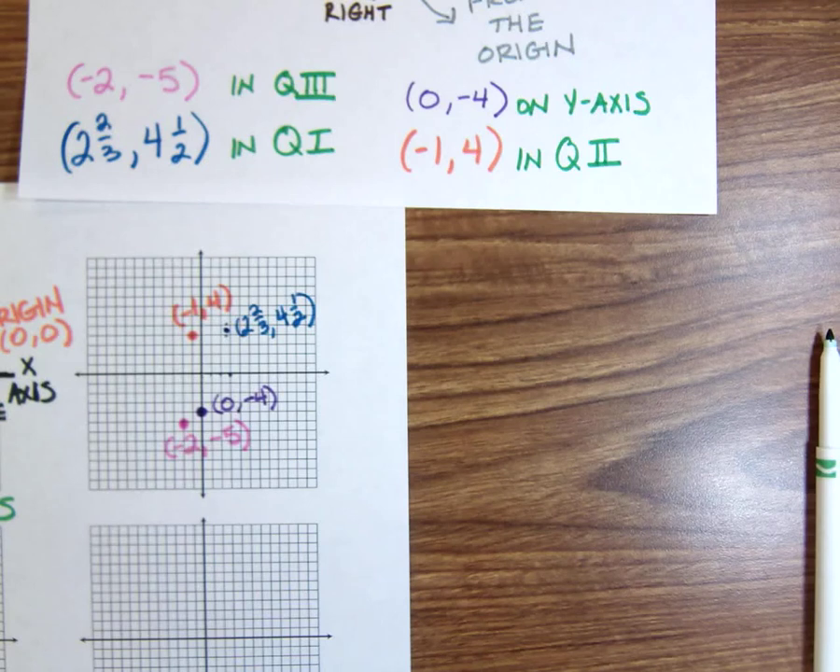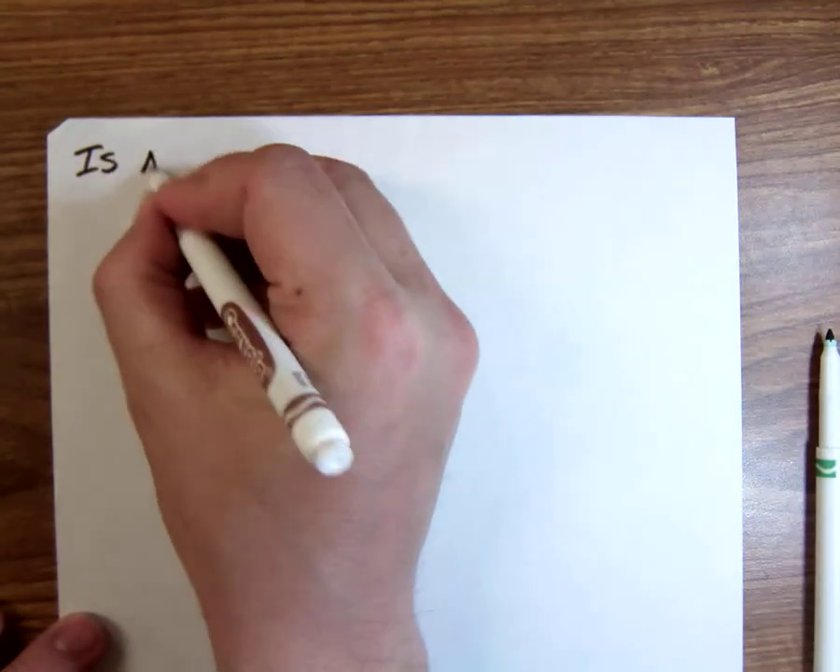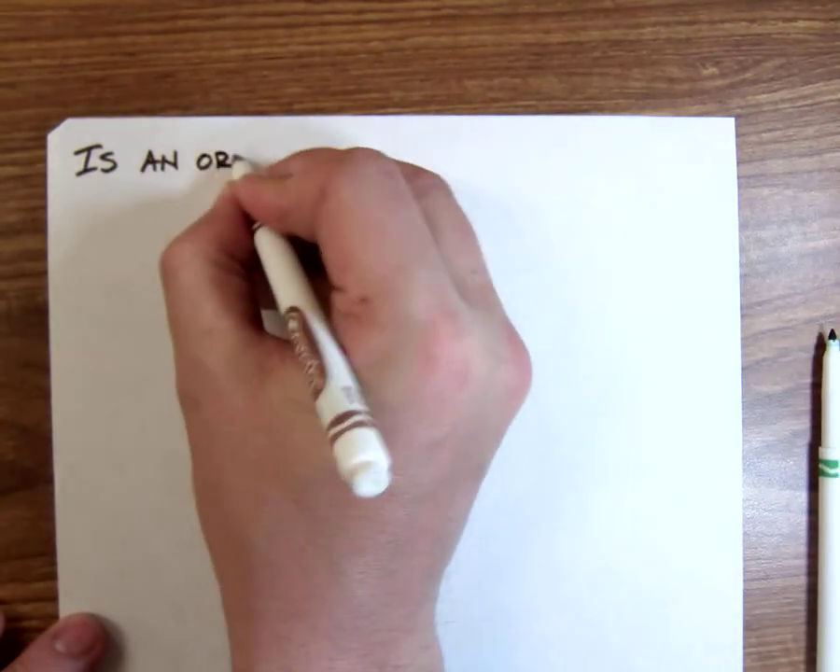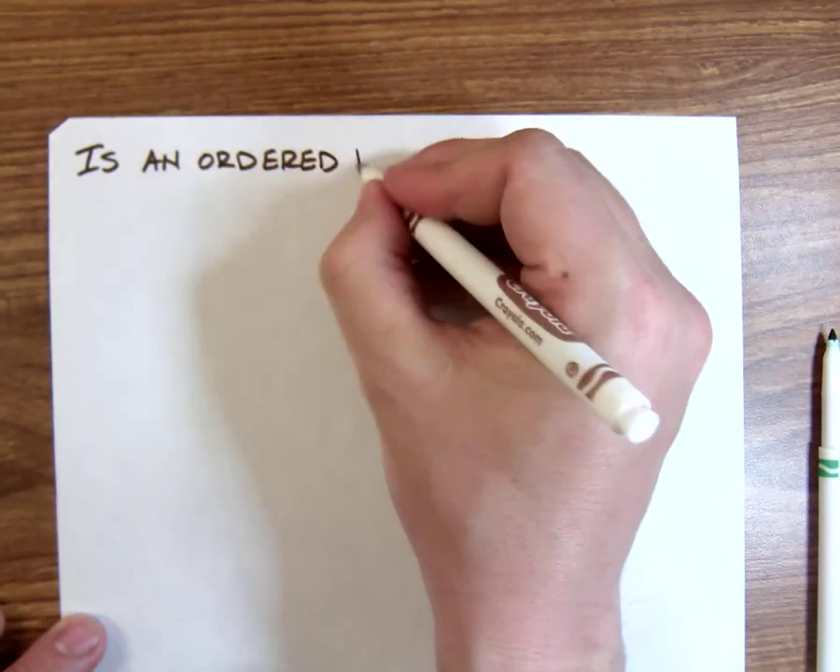There's one more thing we're going to do before we start graphing these for real. Go ahead and set your graph to the side. One more thing that we're going to do before we really get into this, and that is answering this question. Is an ordered pair, oh, I should specify ordered pair is another name for that coordinate. Is an ordered pair